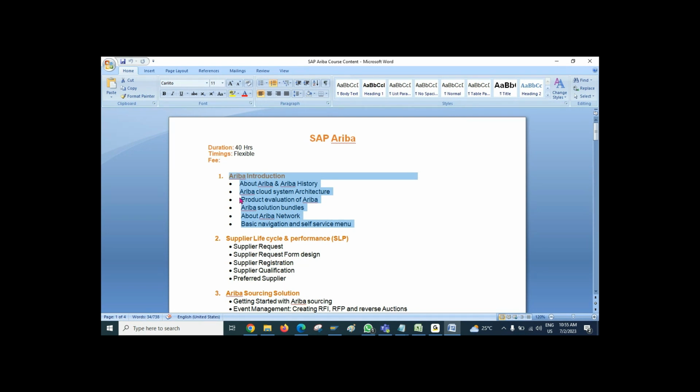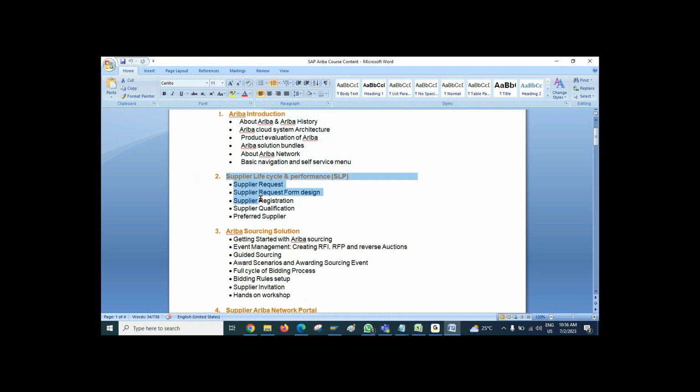Okay. Then after this, we will talk about the Ariba supplier solution, that is the SLP module, and we'll try to understand it only from the individual perspective. We'll not talk about any configuration part here. I'm very clear here. Why? Because if you try to go into any of the configuration part, let's say while discussing the SLP solution I was showing the approval workflow, and you ask me, hey Bikram, can you show me how to configure the approval workflow for the SLP?